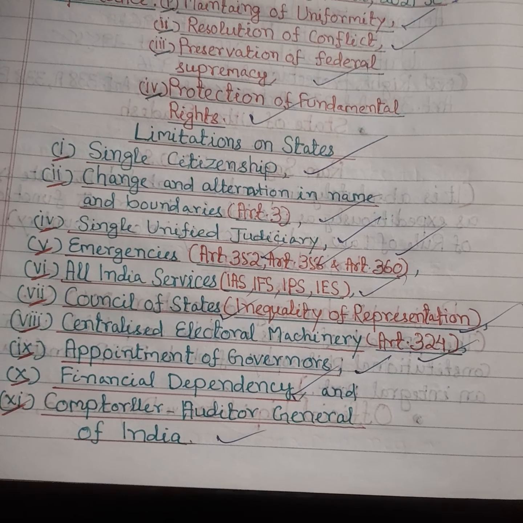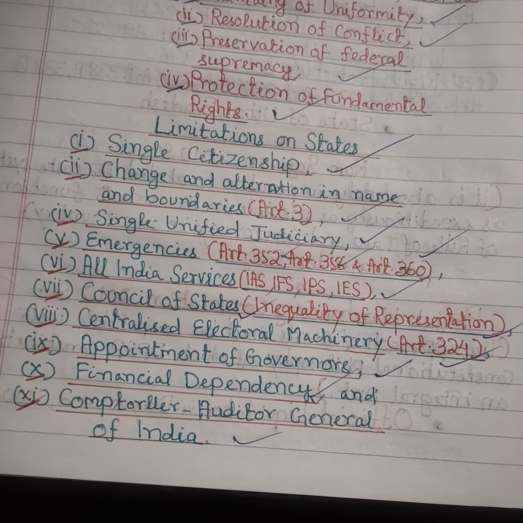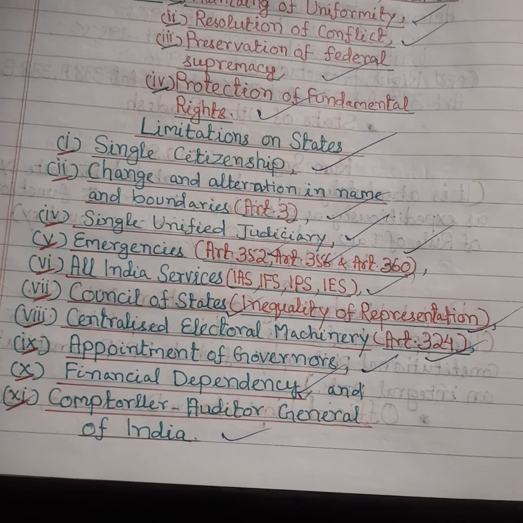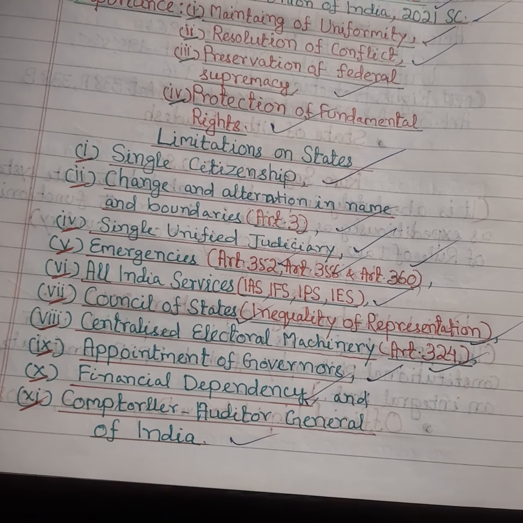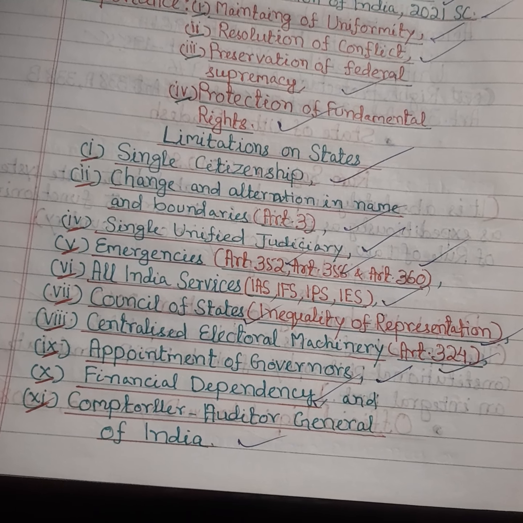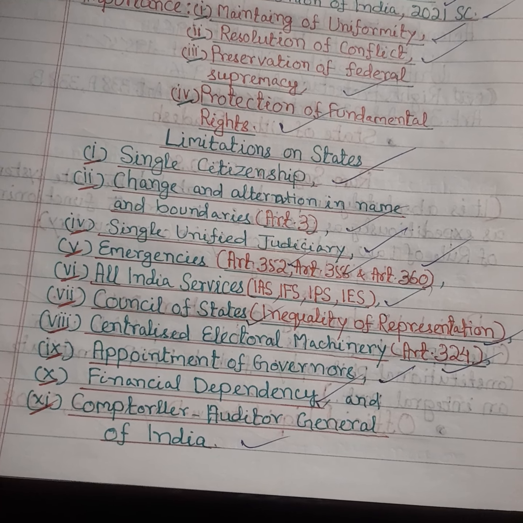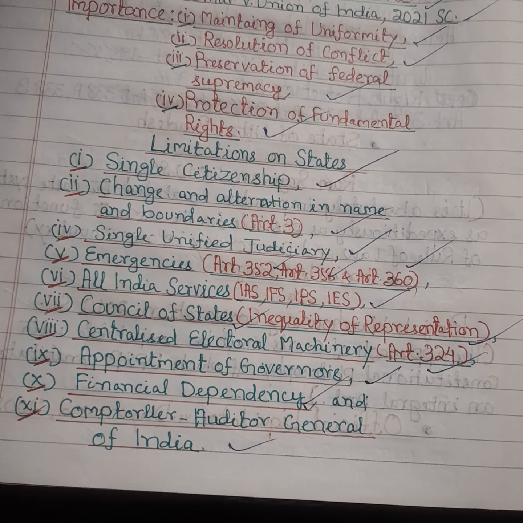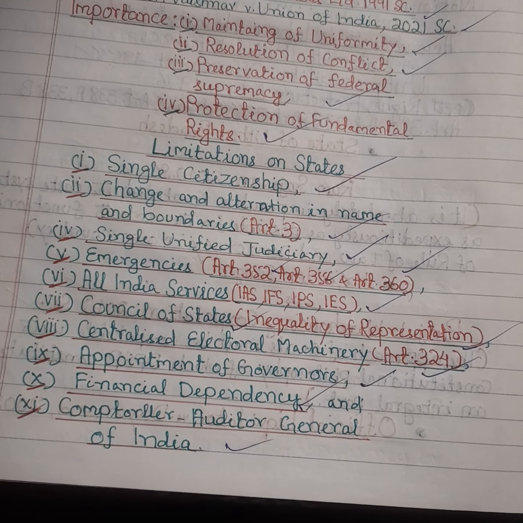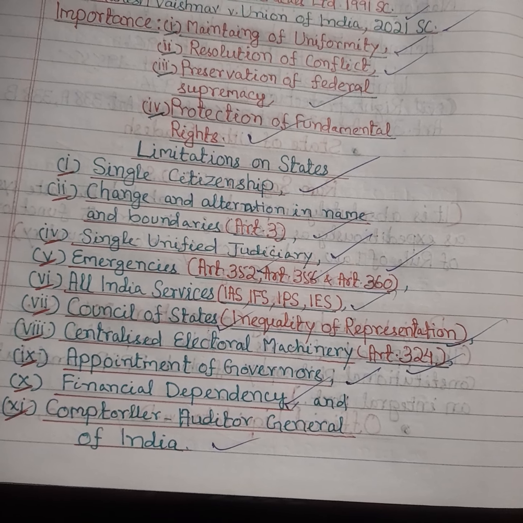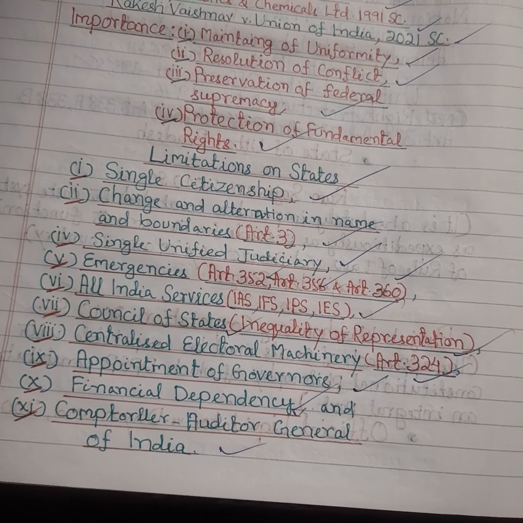So, the very power of the Comptroller and Auditor General of India is over not only the central government's expenditure, but also the expenditure and accounting of all the states. So these are the very limitations and centralizing tendencies that we found under the quasi-federal structure of the Constitution of India, which limits the states'